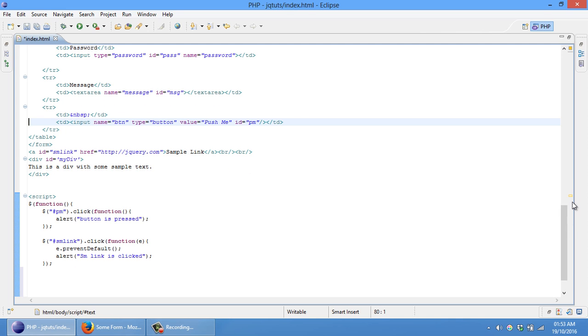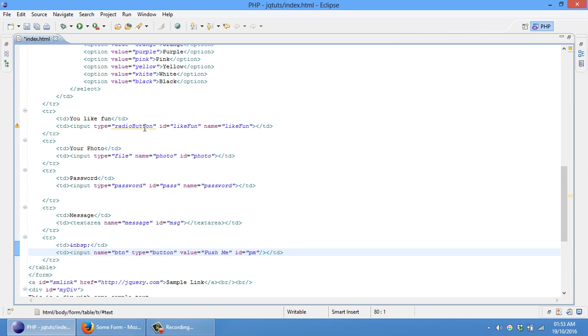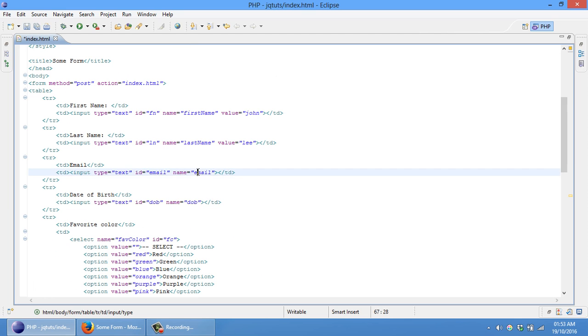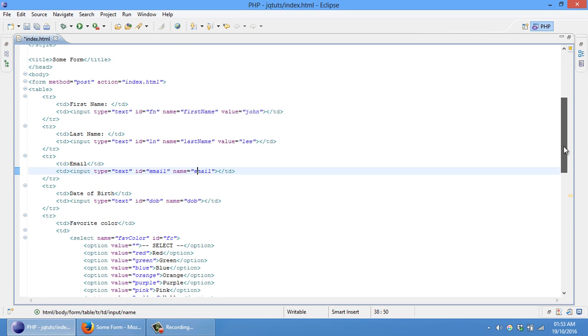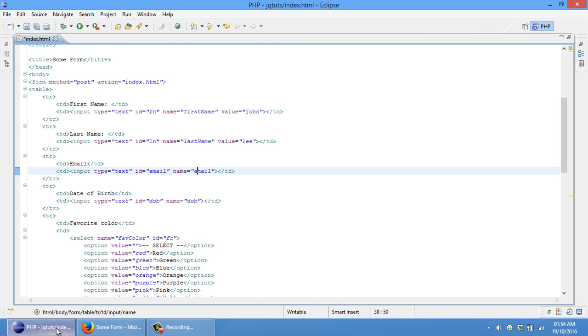For example, we put something like a focus event on this field, maybe with some text field like this email. So I want a focus alert for this. For example, if it is clicked, or I am on this field and then I click tab, it came under focus, so it should do something. So for that we will just